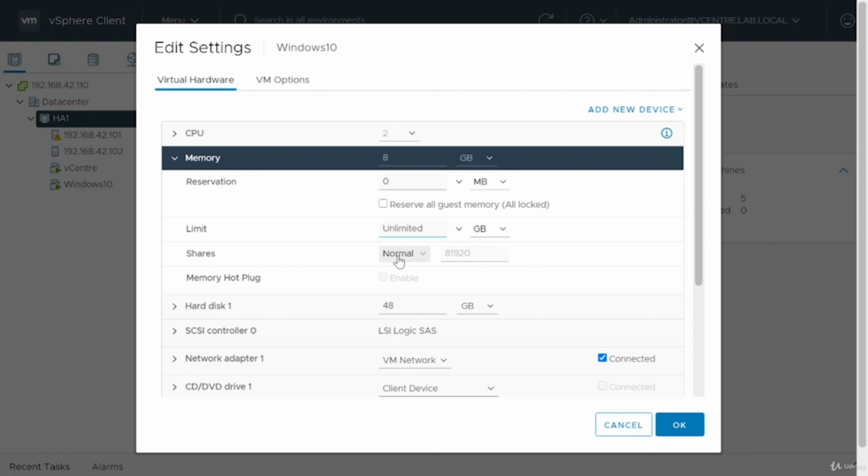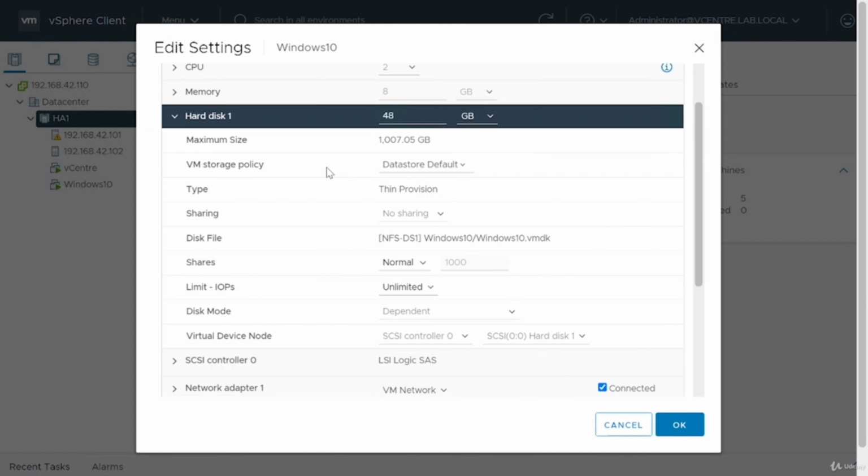Generally speaking though, you're going to want to use the shares value to manage the allocation of memory. And so we can see the shares value there is 81920, which gets 10 shares for every megabyte of memory. This host has 8 gigabytes, that's 8,192 megabytes, which gives it 81,920 shares. So you see those shares values again are proportional to how much resource we have allocated to the